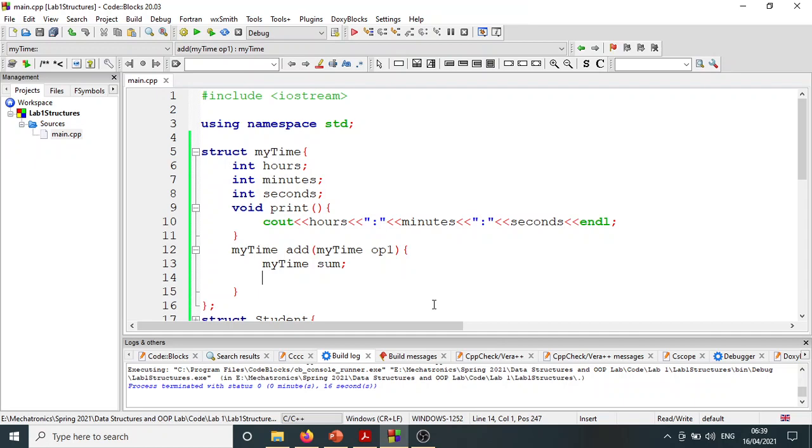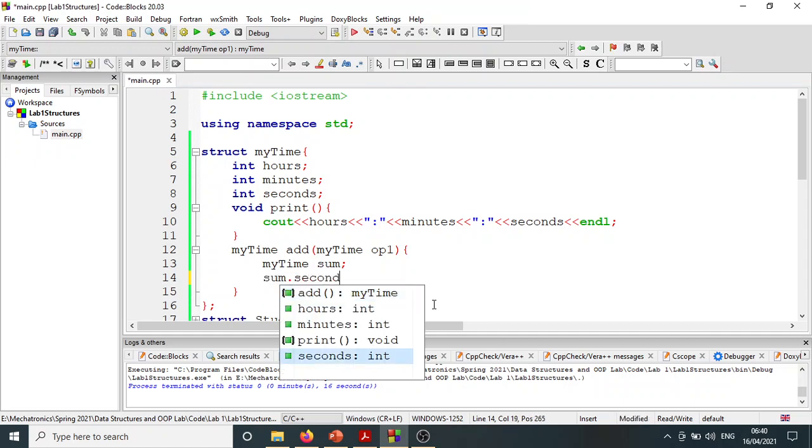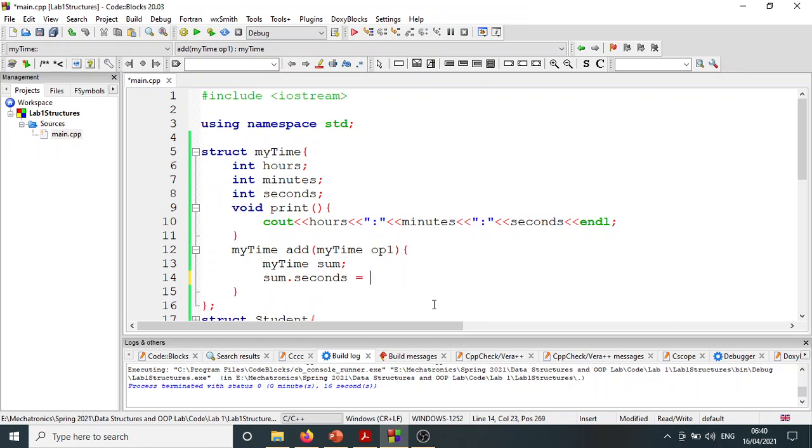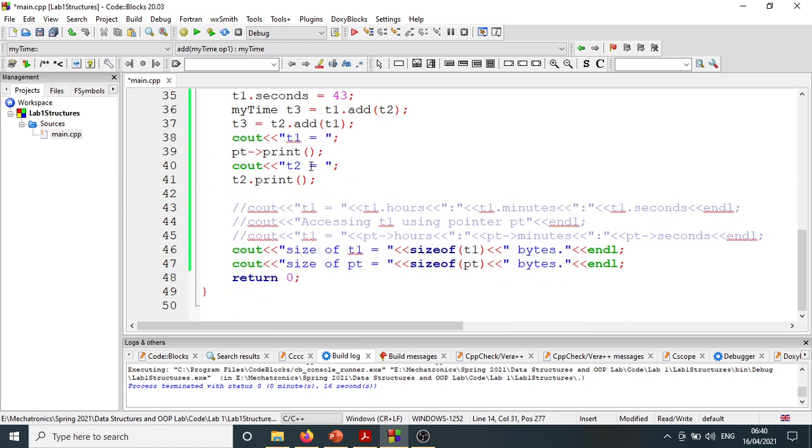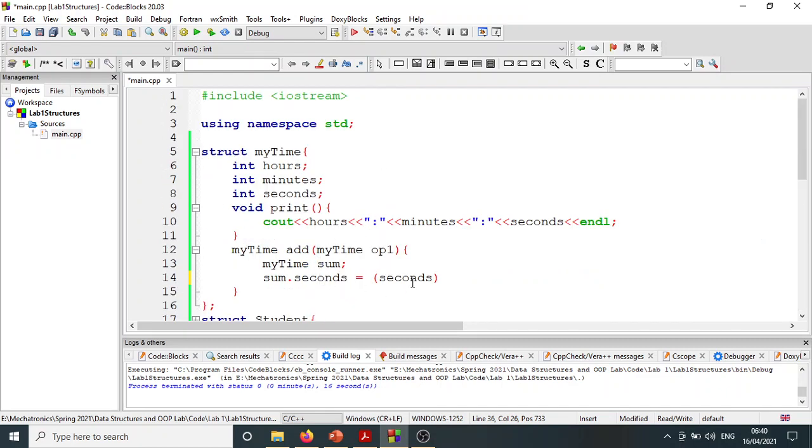So वो हम कैसे कर सकते हैं, तो sum dot seconds पहले मालूम करेंगे. ठीक है. So sum dot seconds is basically हमारे पास ये जो सेकेंड्स हैं, ये वाले सेकेंड्स, ठीक है। ये वाले कौन से सेकेंड्स होंगे? तो say for example आप कहते हैं t1 dot add t2। सो जब आप add function में आएंगे तो ये जो simple आपके सेकेंड्स हैं ना, ये t1 के सेकेंड्स होंगे, और t2 के सेकेंड्स कहाँ होंगे? वो op1 में होंगे। तो फिर आप कहेंगे सेकेंड्स प्लस op1 dot seconds, तो ये t2 के सेकेंड्स होंगे, ठीक